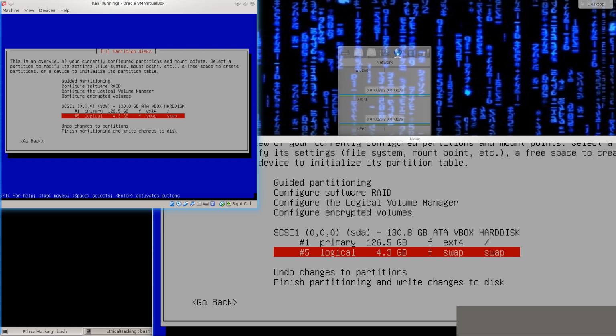Usually swap partitions are configured to be double the size of your RAM. My RAM is 8 gigabytes, but here by default the computer has assigned 4 because this is a virtual machine, and if you remember at the beginning I assigned 2 gigabytes of RAM to this virtual machine, so it has just multiplied it by 2. It was just above 2, and it has multiplied it by 2, so I get 4.3